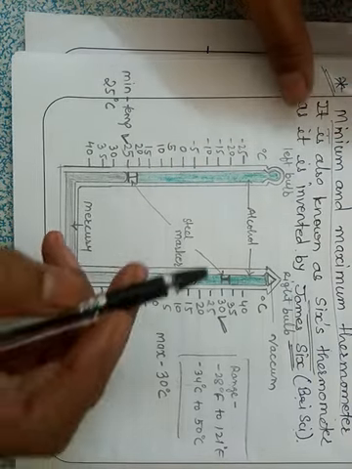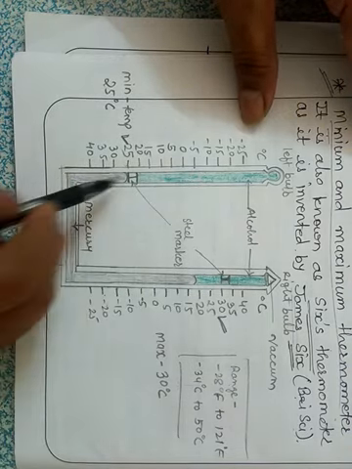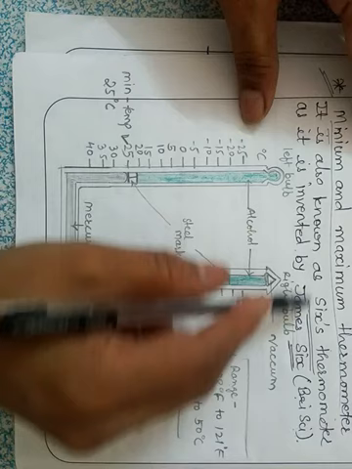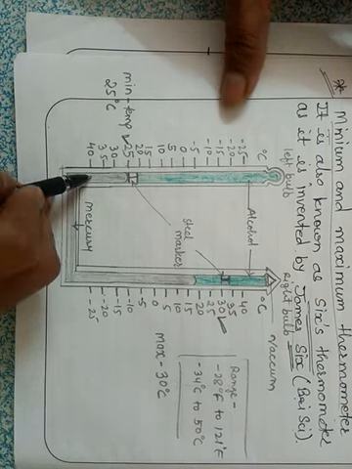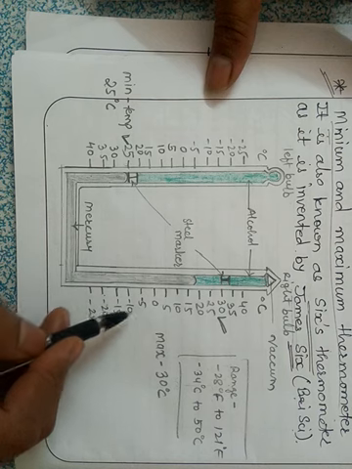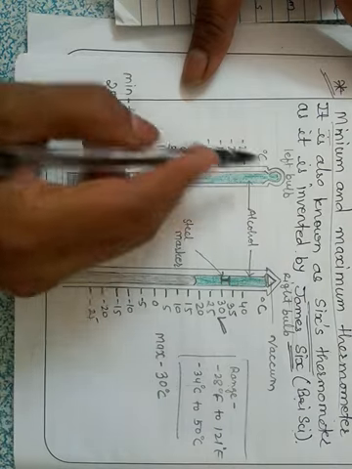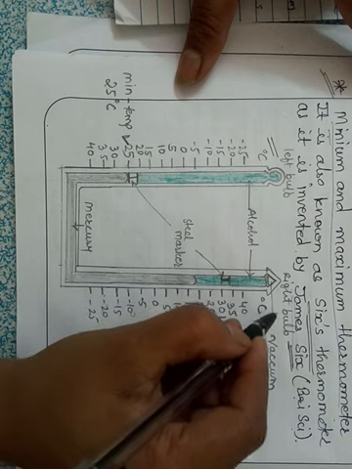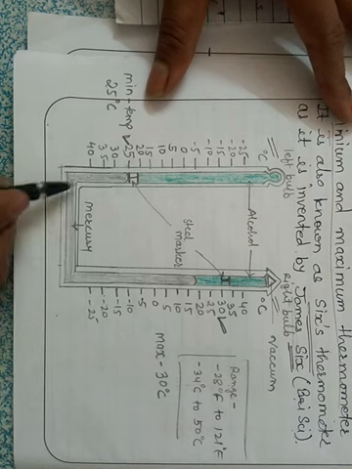Okay, so Six's thermometer is a U-shaped parallel tube made up of glass, and this tube is attached to a wooden plate. Okay, then one side of the tube measures the maximum temperature, and the other side records the minimum temperature. Minimum temperature is recorded at the left side and maximum temperature is recorded at the right side. Okay, then there is a bend.